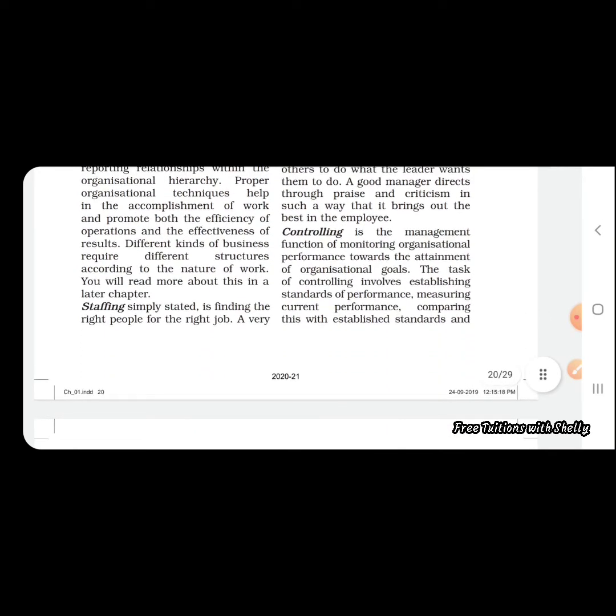Next is controlling. Controlling is the function of monitoring the performance. They are going to check whether the result you have achieved is according to what we have thought. It is a checking part. We are looking at whether we have got the desired result. It is a stage where we check whether we have achieved the desired result or not, and if there is any deviation between our target result and actual result, then steps must be taken to correct those measures.